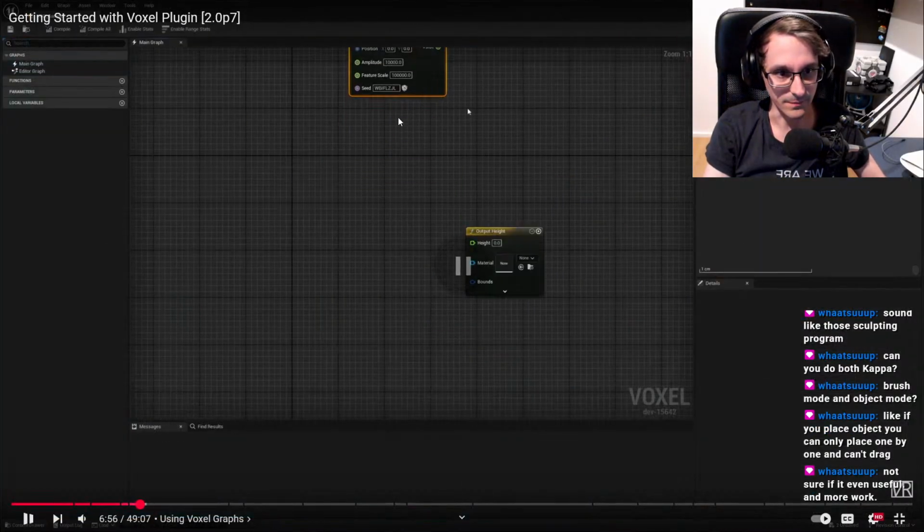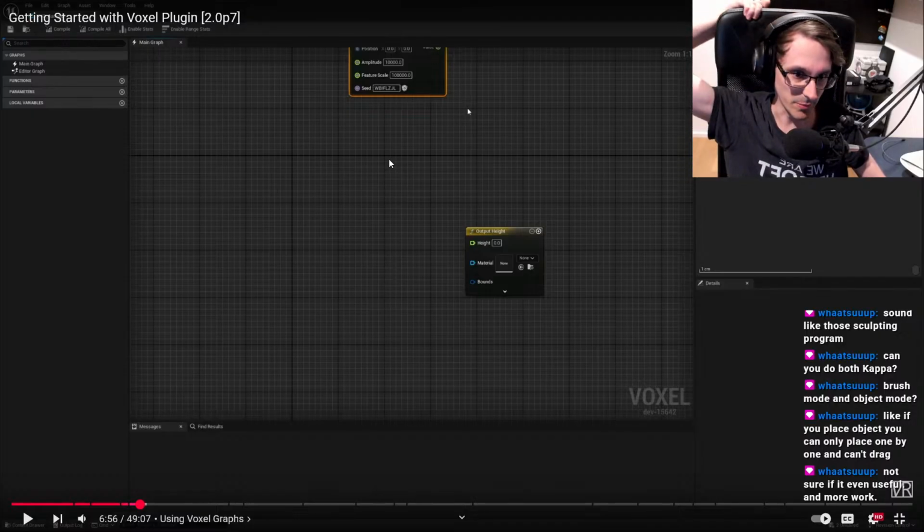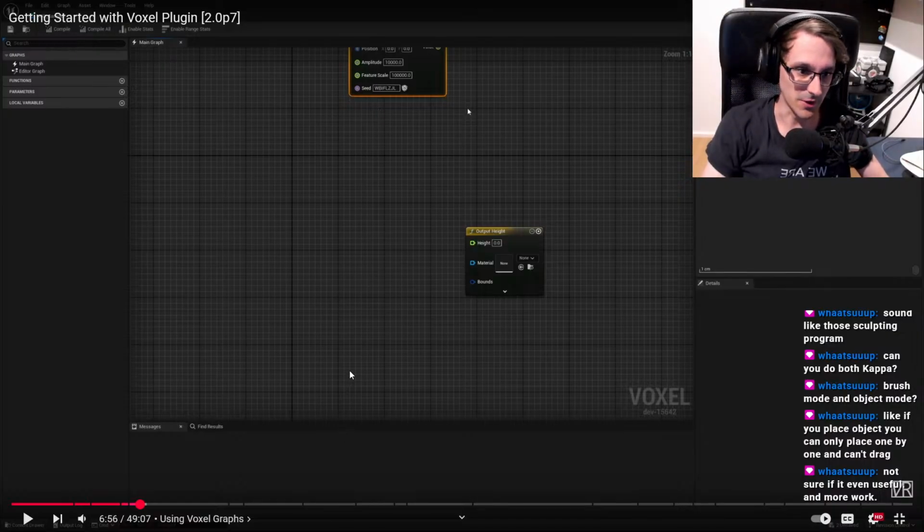So basically they create noise, like I would do that in my shader graph, right? You would build a volume shader function that you then plug in the editor into the volume component, and then it uses that to create the